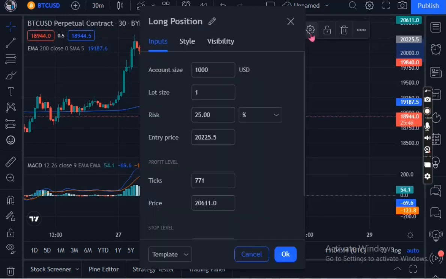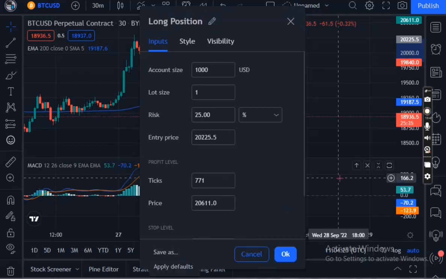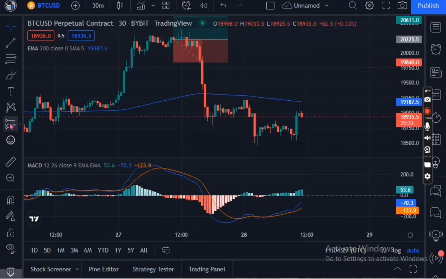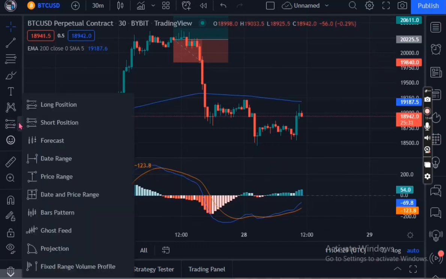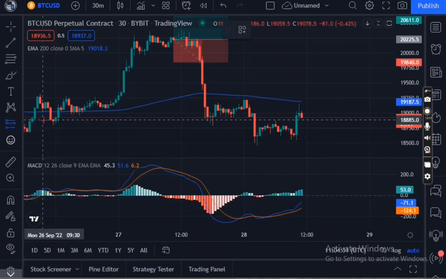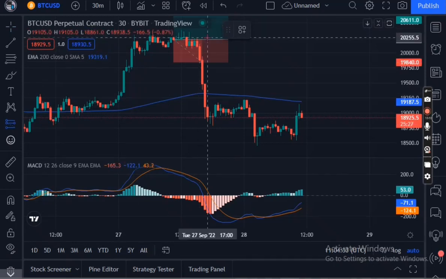I don't want a long position, I want a short position. Come here and try to change the position to a short position. So I'm just going to delete this one,